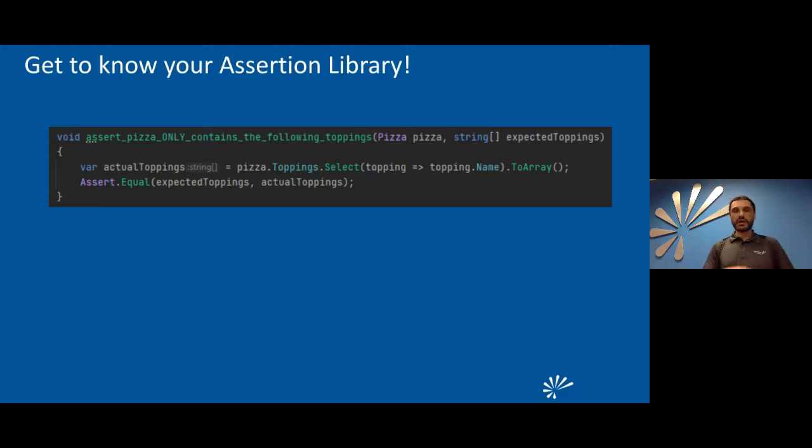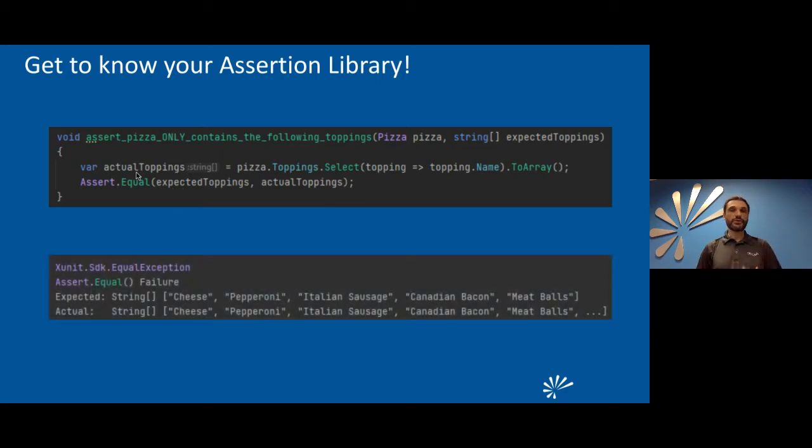So like in this case, I've learned that the one that comes with X units, right? I could easily just, like here, I have my pizza toppings, which is, each topping is a complex object that happens to have a name, right? So I want to grab that and just project an array out of it. And if I pass those two arrays into assert are equal, it actually knows how to tell me a better story. It will tell me, hey, the expected is an array containing the following, but the actual that we received contains the following. Well, that's slightly better, right?